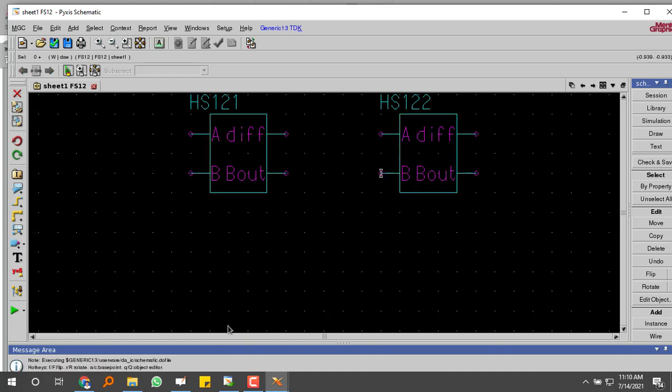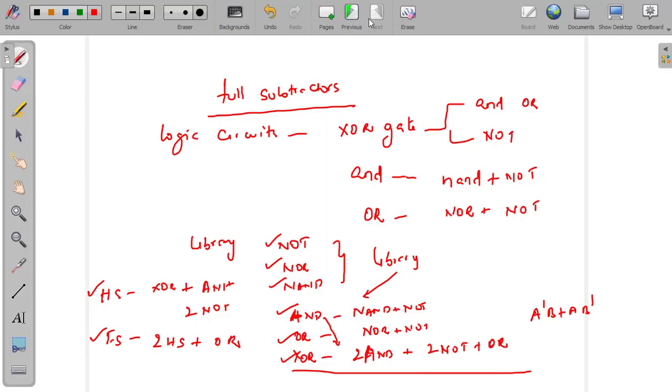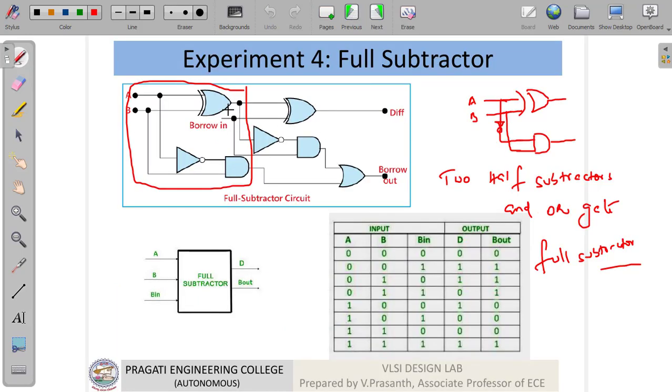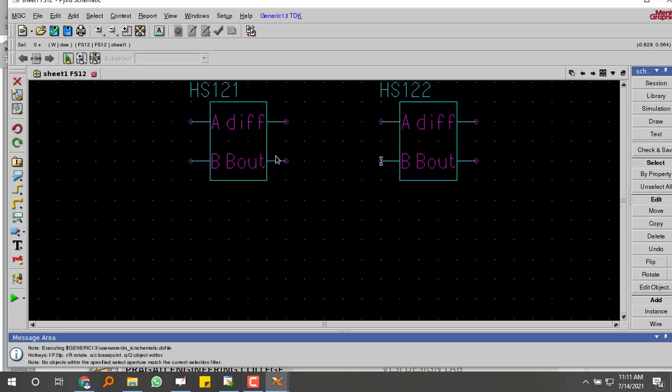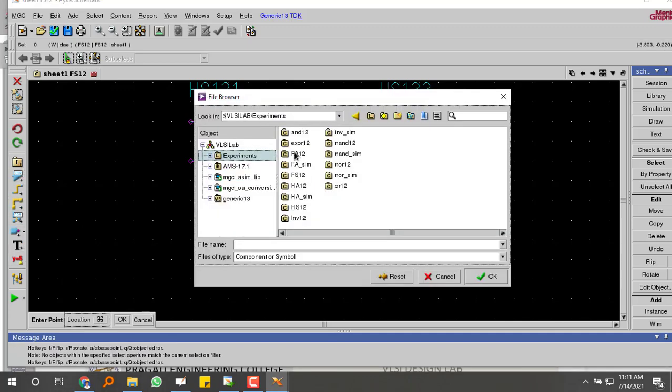Then if you see the diagram, here difference is connected to one of the exclusive OR gate. So this is connected to this. Now we should have one more gate, that is OR gate.